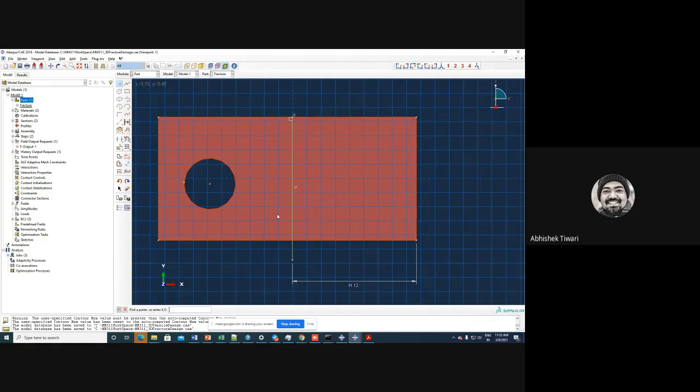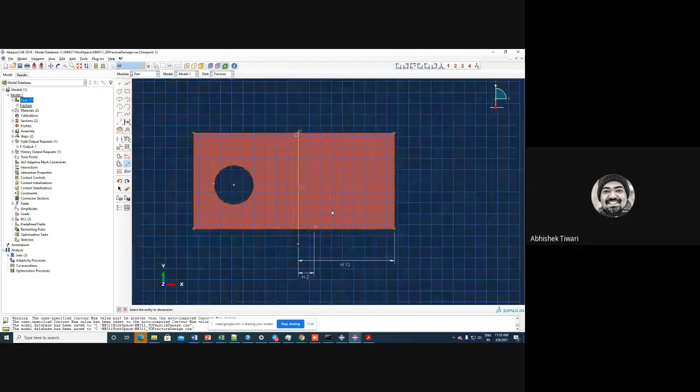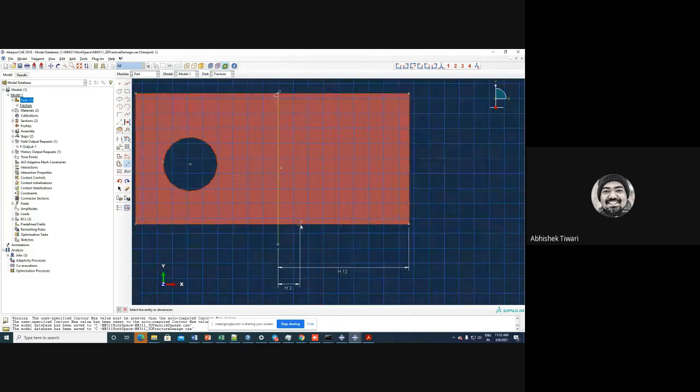And then I want a point which is 2 millimeters away from this one. Go down. So 2 millimeter. So from here, this point to this point, the distance is 10 millimeter. Okay. So here will be my crack tip. Okay. And I should identify this crack tip also in the thickness direction.